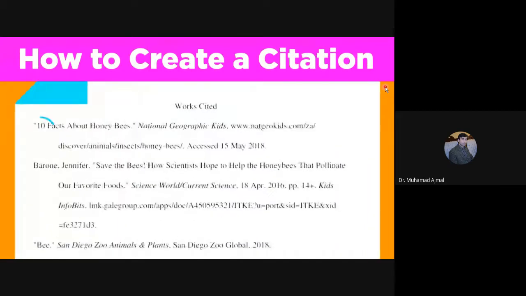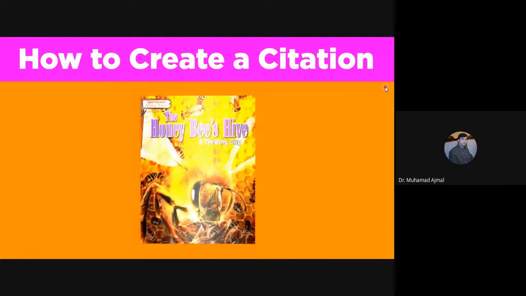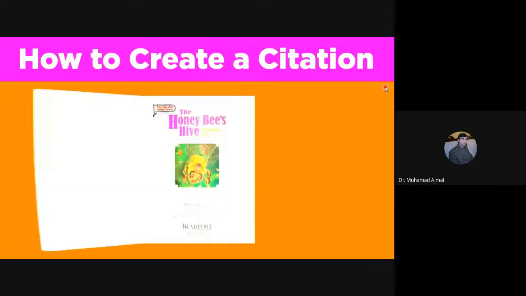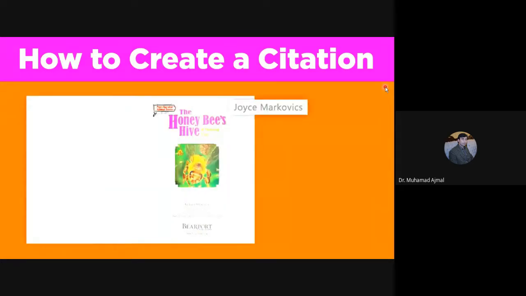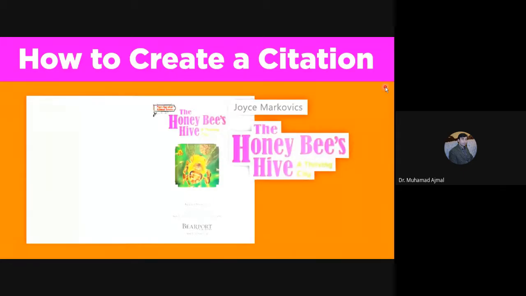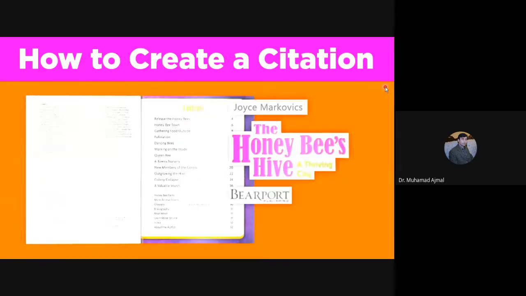To cite means to identify the sources you used in your work. Basically, you write down the details that will help someone else find the source. For example, if you're using the book The Honeybee's Hive, you'll need to record or write down the following details from the title page and the verso or back of the title page. The author, Joyce Markovits, the complete title, The Honeybee's Hive, A Thriving City, the publisher, Bearport Publishing, and the publication